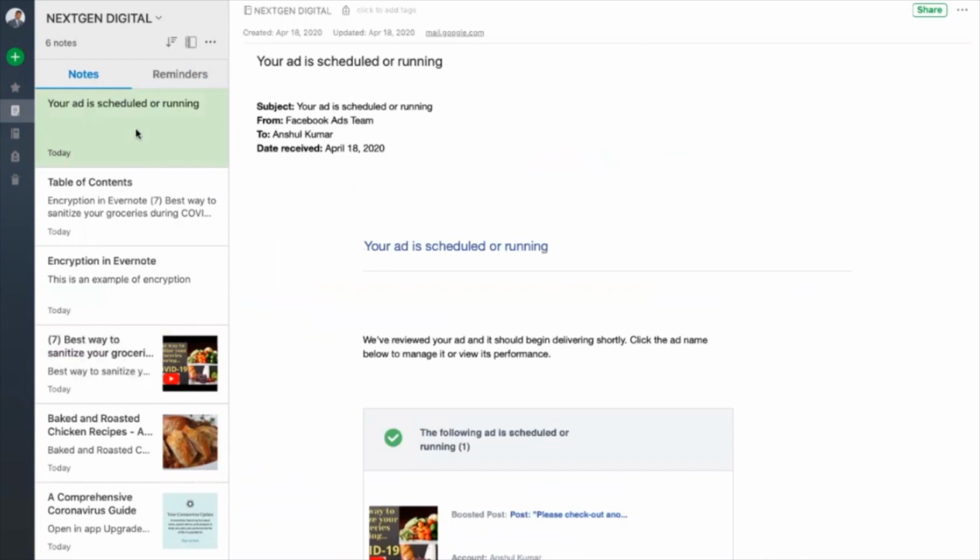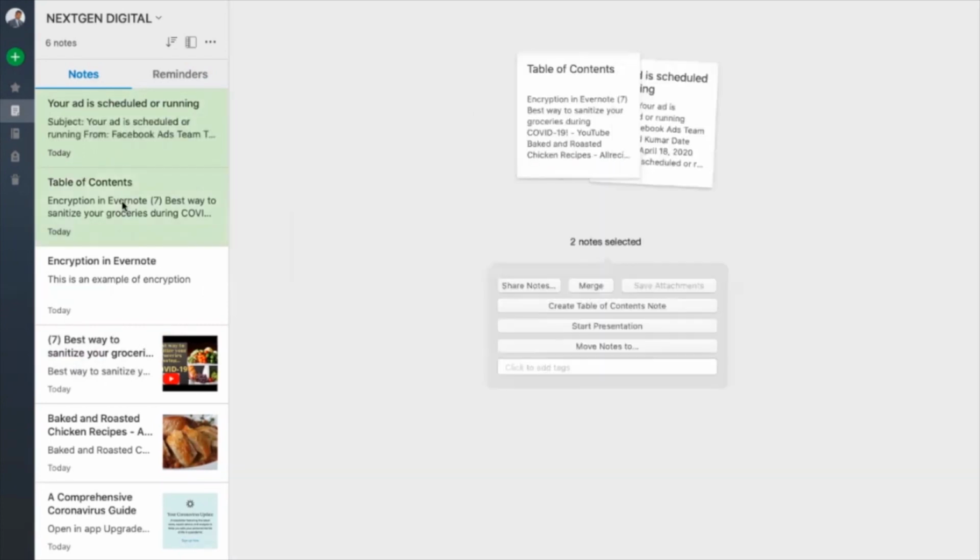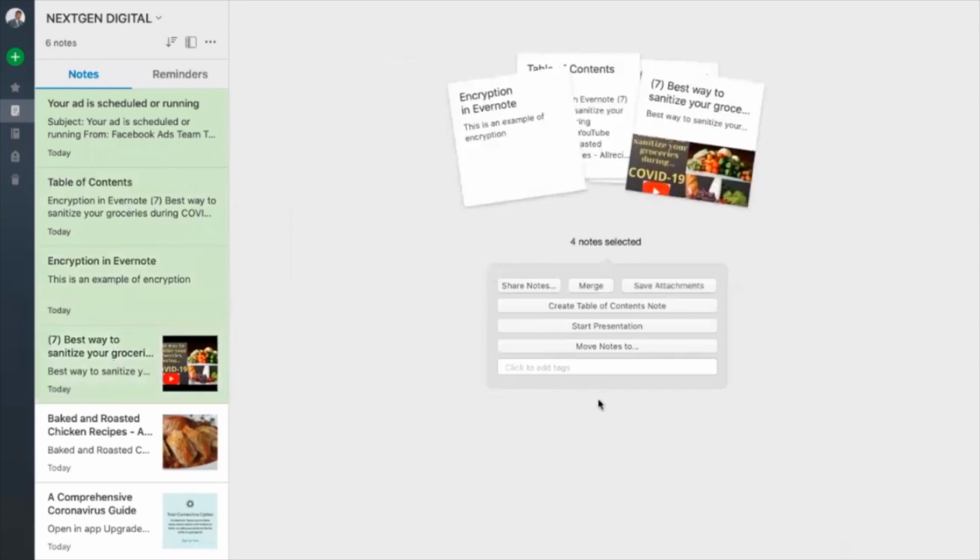You can write blogs, articles, and books and post directly to various different social media platforms. You can also merge your notes into one file and you will have all the notes as one note.